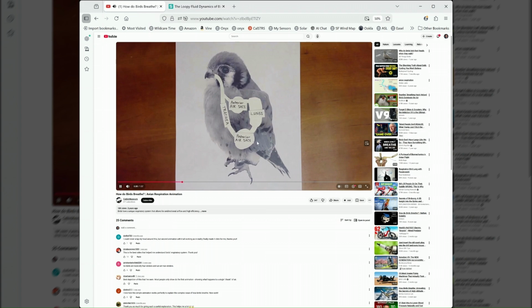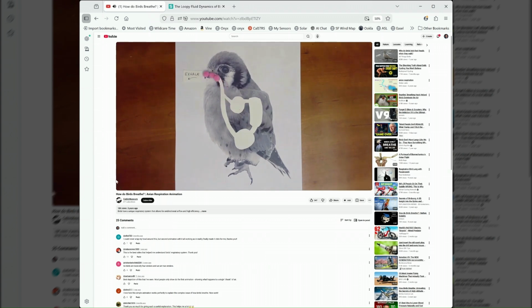At first, you're going to see an animation that just follows one set of air. So the bird inhales, and the air goes into the posterior sac. The bird exhales, pushing that air into the lungs, where oxygen and CO2 get exchanged. On the next breath, the bird inhales, it sucks the depleted air into the anterior sac, and when it exhales, it